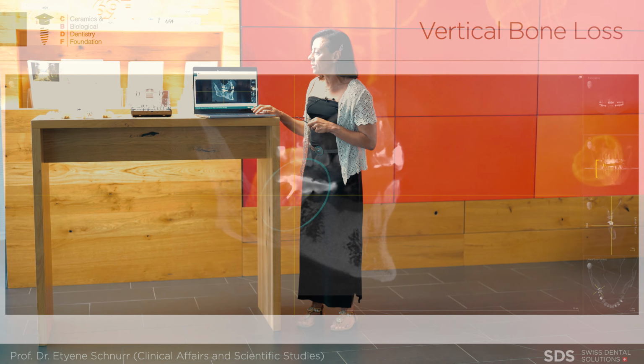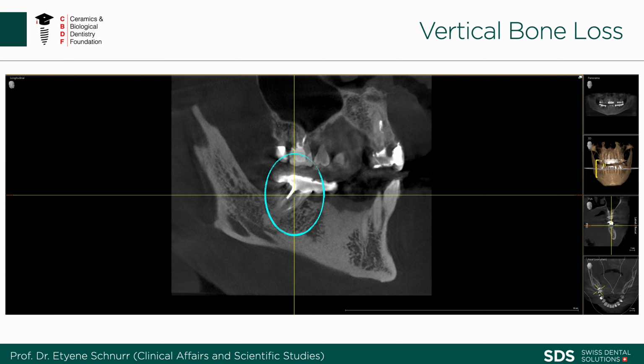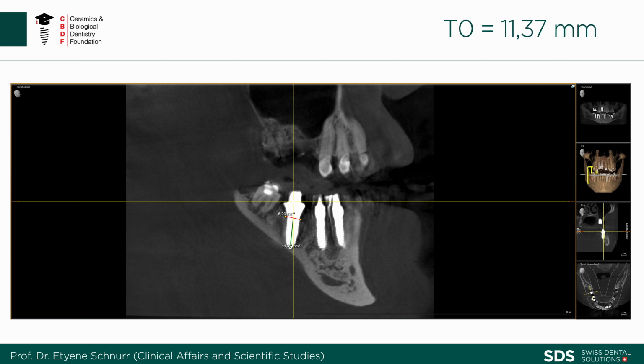Let's take a look together at a clinical example. In this cross-section, we proceed with an immediate implantation in a region of the molar lower jaw. A cross-section immediately after implantation. We define the most crestal bone at distal, the most crestal bone at mesial, and the intersection with the long axis line. T0,